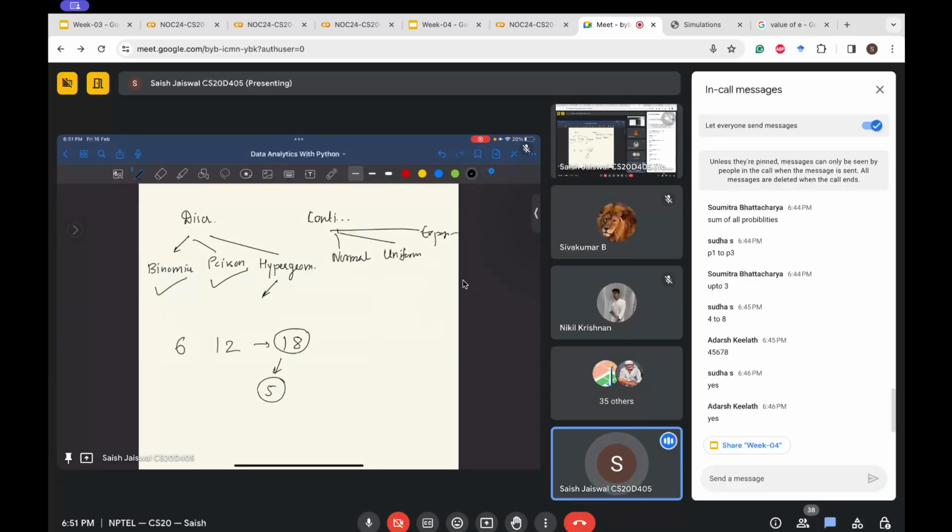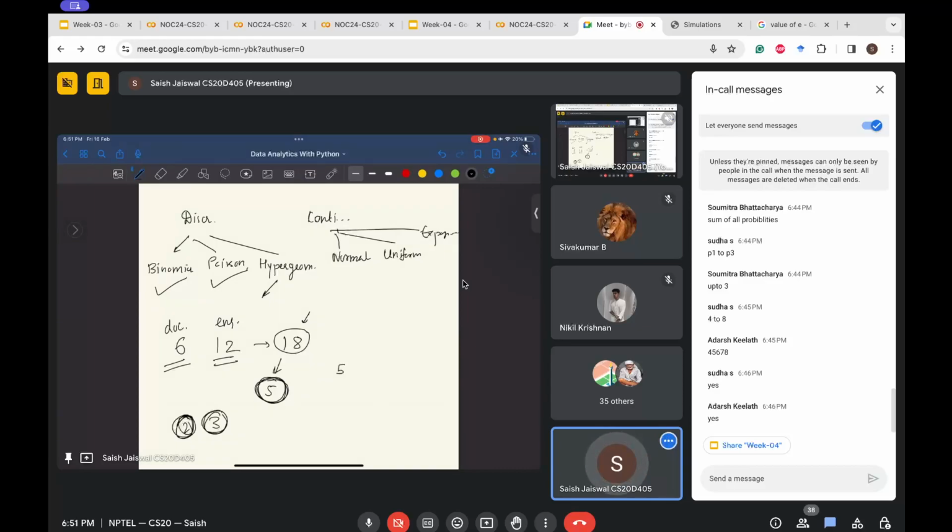So what is the probability of getting 2 doctors and 3 engineers? There are 6 doctors and 12 engineers. Total people are 18. Out of these 18, I am randomly selecting 5 people. What is the probability of having 2 doctors and 3 engineers in these 5 people? So it is defined as,